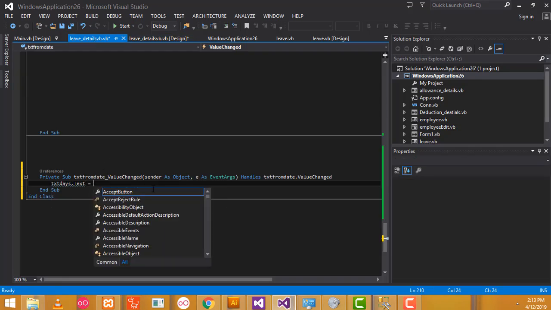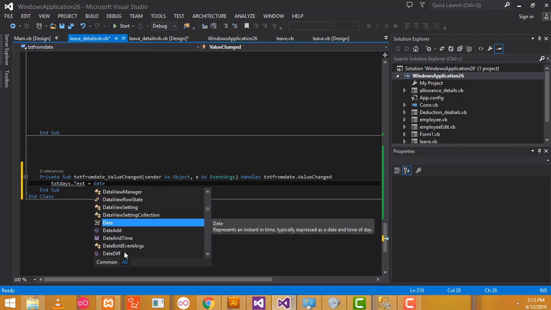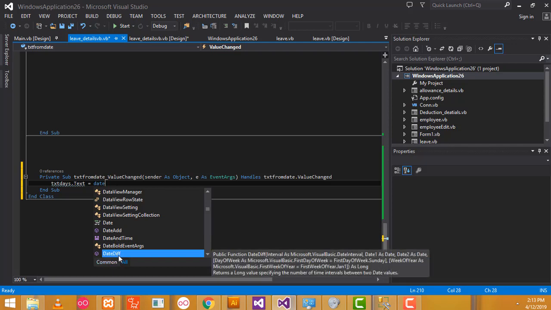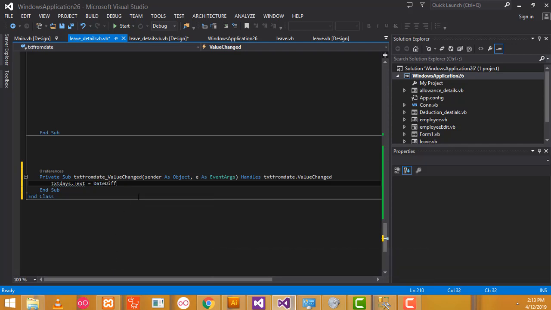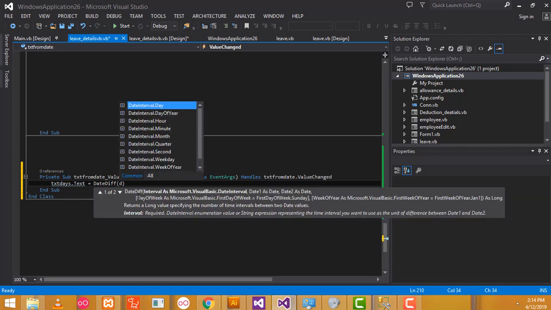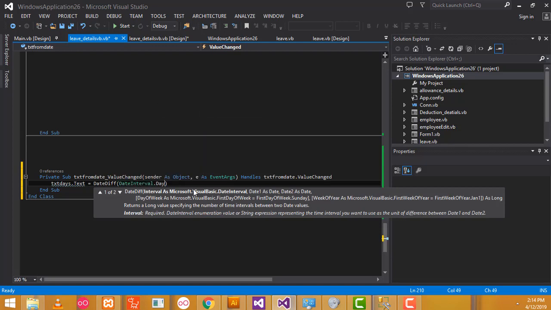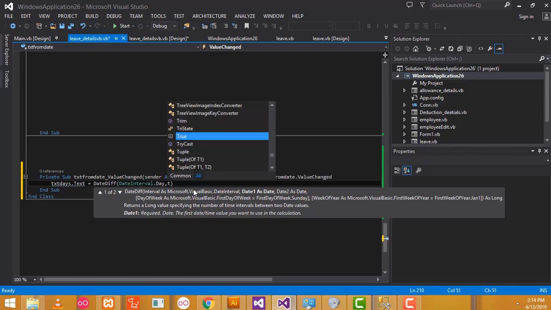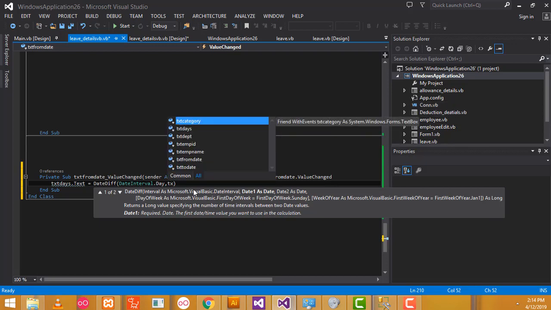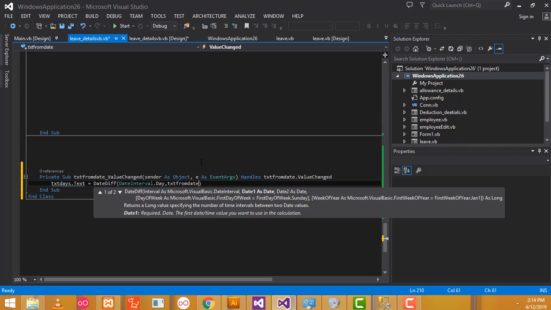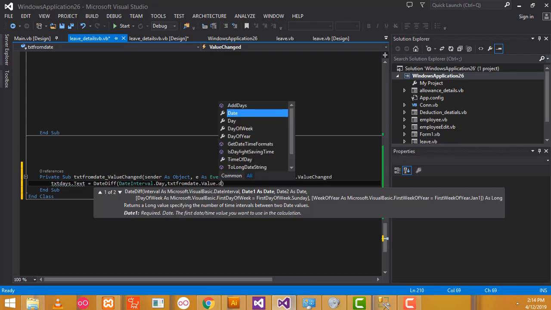So equal, you have to write the DateDiff function. This one you have to pick up from the properties. Okay, instead of writing, then you can avoid the errors. DateInterval.Date, comma, you have to write the text box and date picker names carefully, txtFromDate.Value.Date,